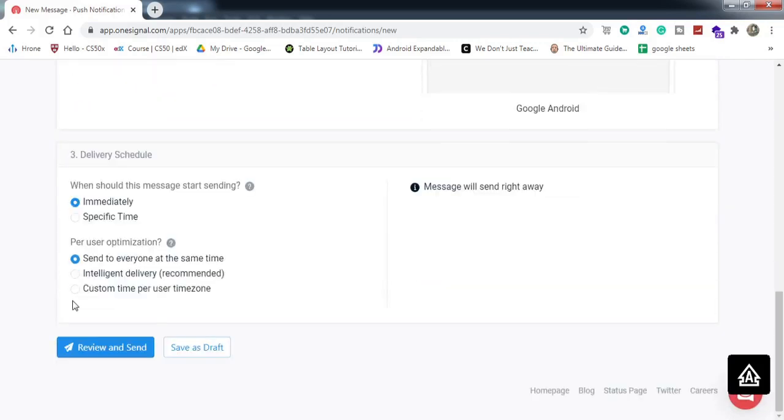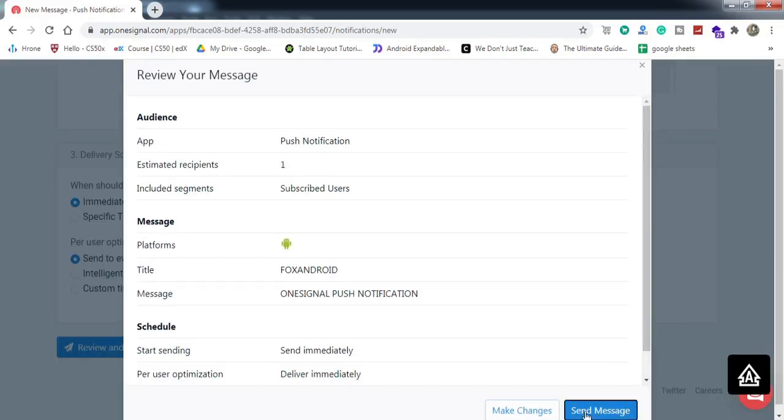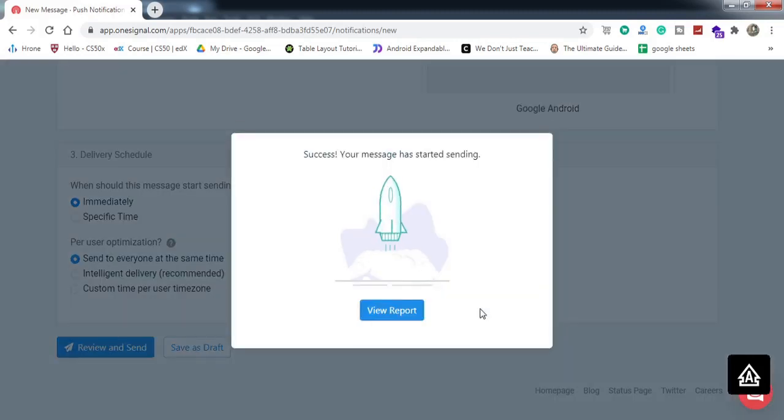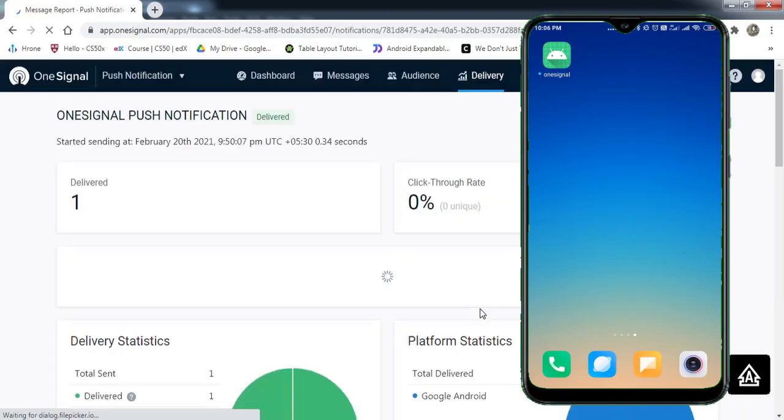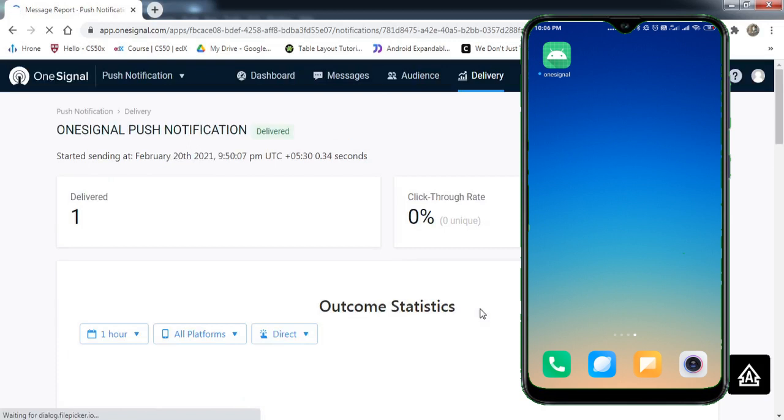And if I just go here and I just click on review and send, and if I just click on this send, so the notification has been sent.